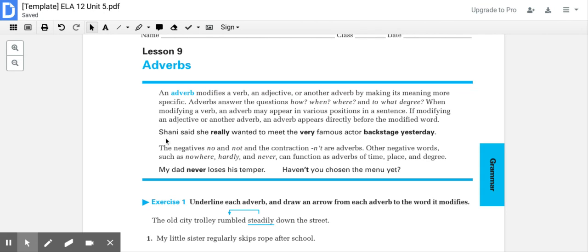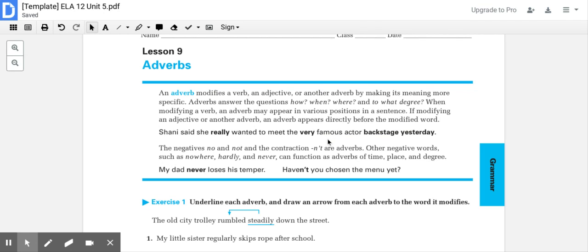So here's an example here. Shani said she really wanted. The verb here is wanted. The word that describes how much she wanted is really. That's an adverb describing a verb. Here's an adverb describing